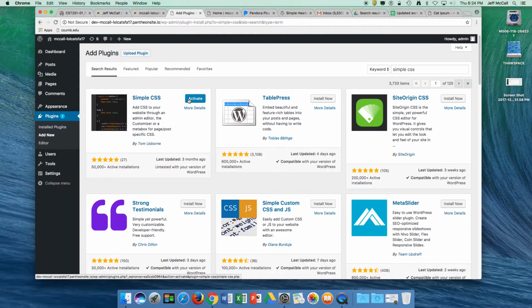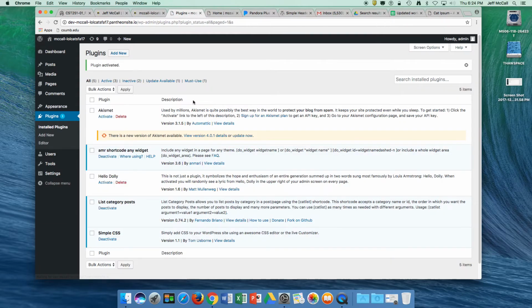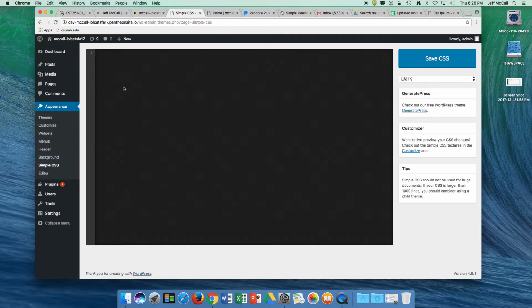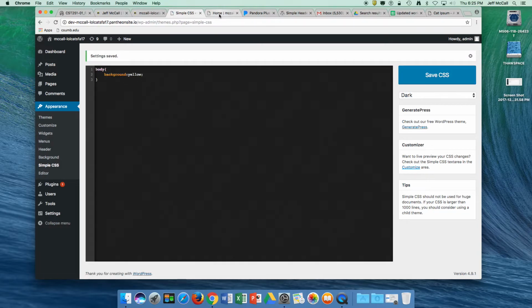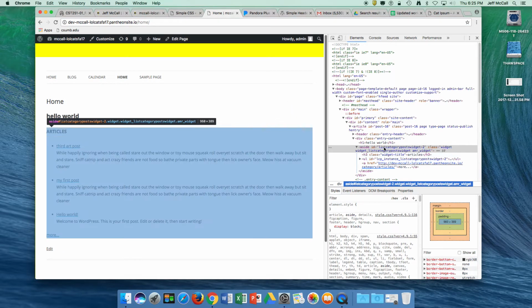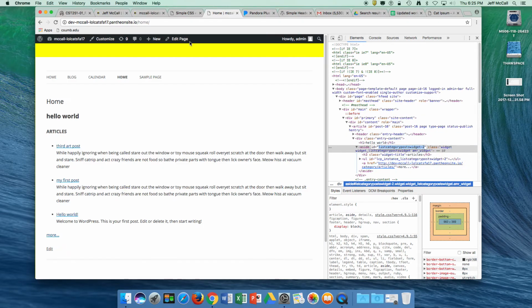I think this is it. Is this it? Looks right. Say yes. Yes. There we go. So now I can come to Appearance, Simple CSS, and I can say things like, look, just on the body, we're going to get back to exactly the same set I just deleted 5 minutes ago. And I can come back and refresh this, and my background's been changed. And again, the list category widget is